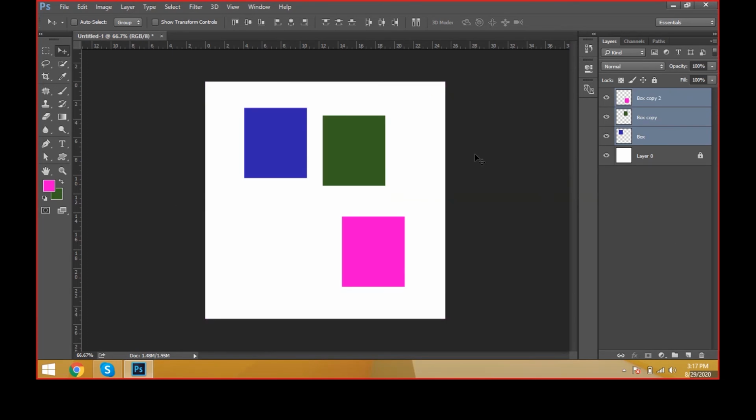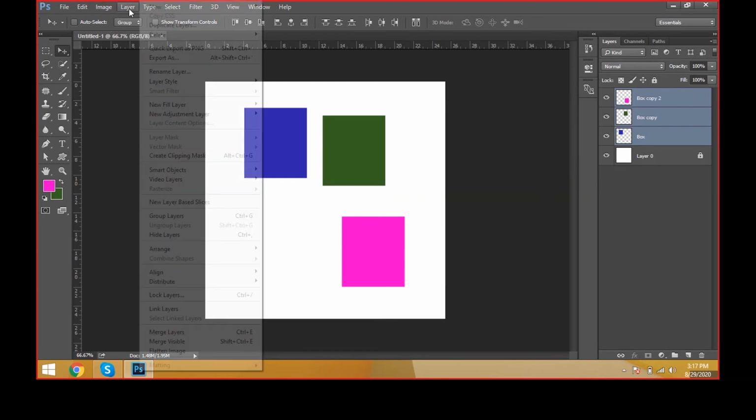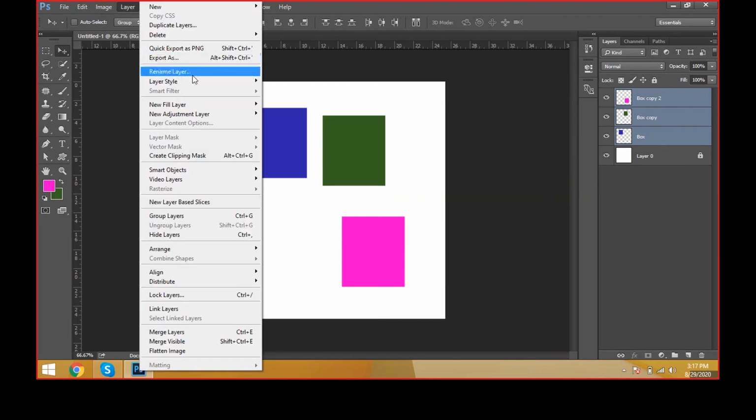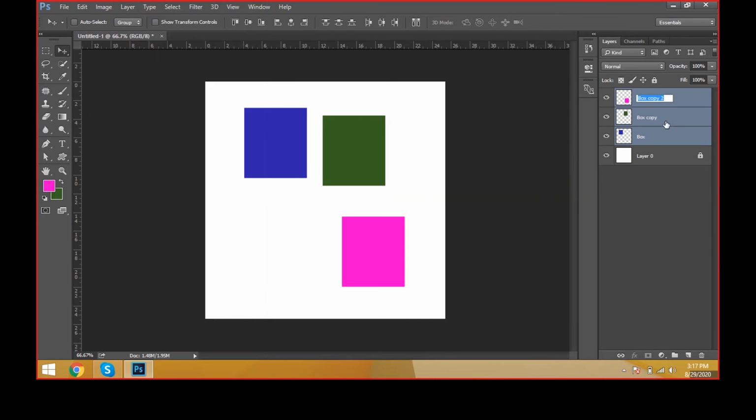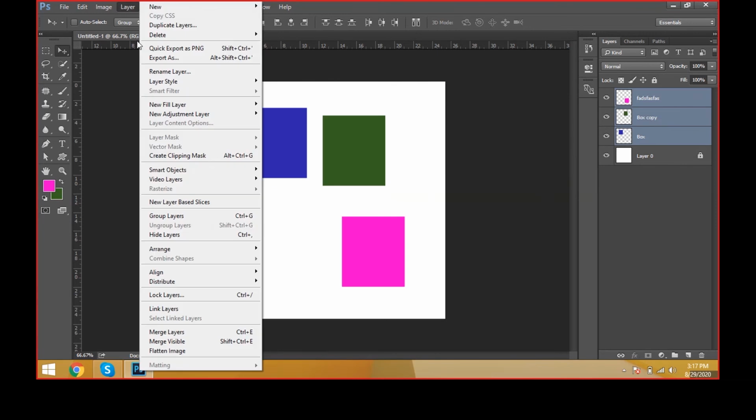The same tools and the same objects that we are doing right now, we already saw in the earlier sessions. Come to here, export as PNG, which means we can save in PNG format. Okay, rename it as some name, and come to here to rename the layer and layer styles.